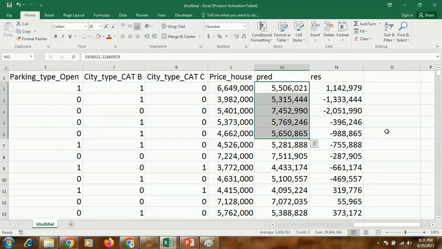So if my model is predicting 55 lakhs and the owner is asking 66 lakhs, it means this is higher priced. Whereas the second one, if the owner is asking 39 lakhs and my model has predicted 53 lakhs, it means it is reasonably priced. This is what we are going to believe. You get this part?